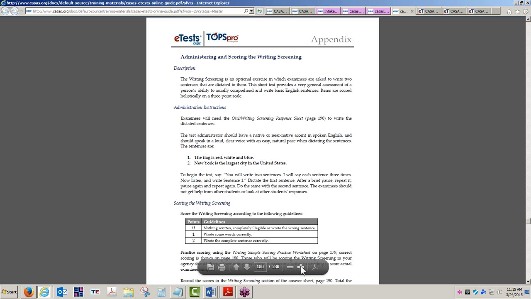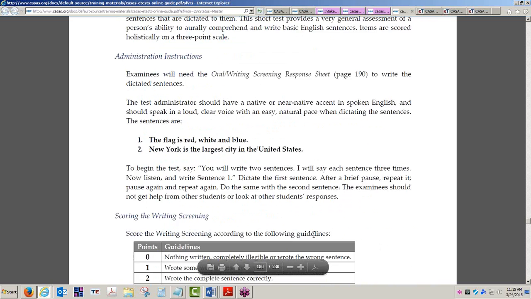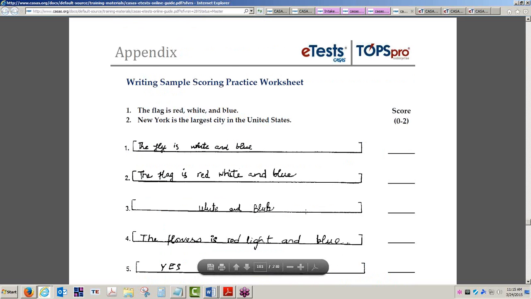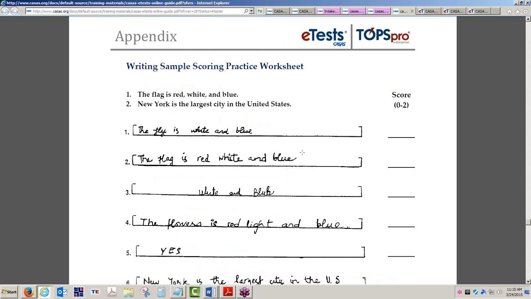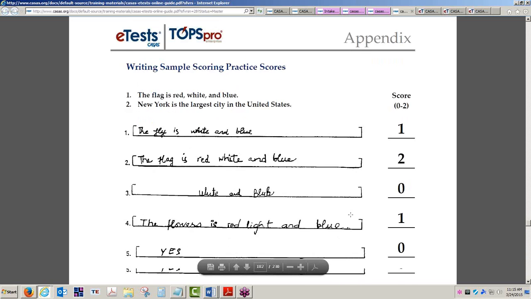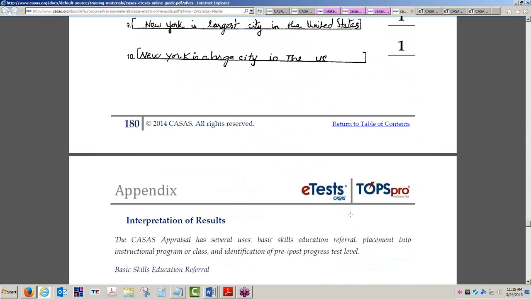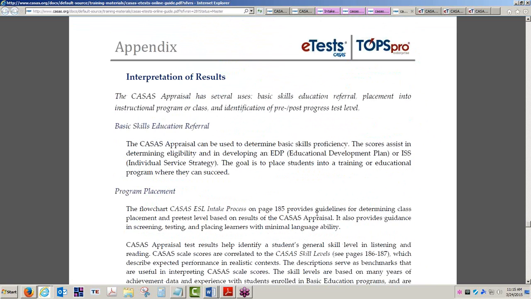Now here, the writing screening. Also, let me increase this here. There are 2 sentences dictated, and they should be dictated exactly as you see here. The writing screening also follows a scoring rubric of 0 through 2. And here's a writing sample scoring practice worksheet. So do yourself a favor, go through this, put what you believe would be the score before you take a look at what the actual scoring of those writing samples is. Okay? Now, interpreting your results,